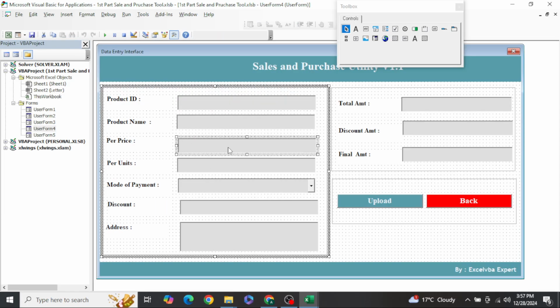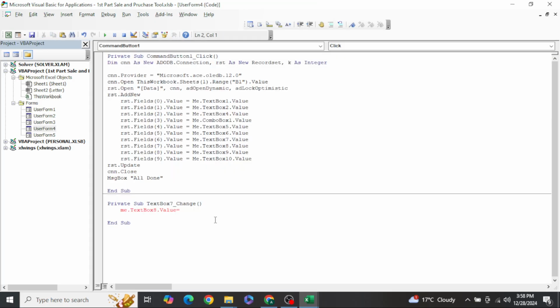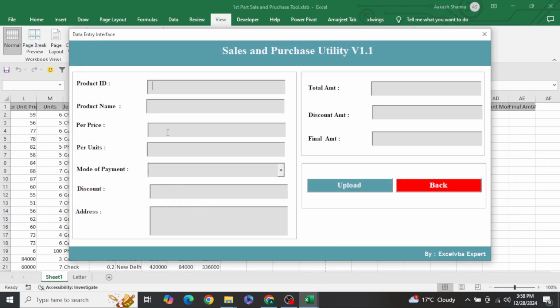Text box 4 and 5 should be multiplied, right? So, me dot text box 4 dot value multiply by me dot text box 5 dot value. Simple. Okay, if I'm writing here, see, nothing I'm doing. 12 to mode of payment is nothing. If I'm coming out of this,